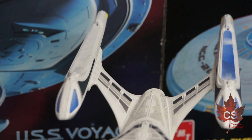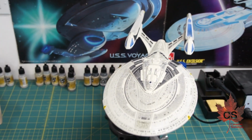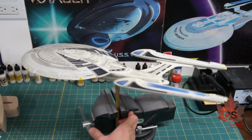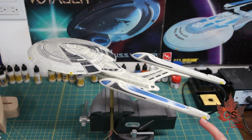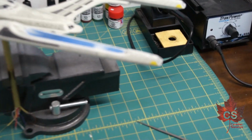There's also the RCS thrusters on the back of the nacelles, which are also going to get decal pieces for the black components on here. Something to note, the kit...